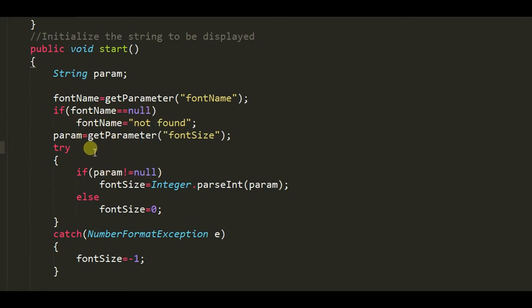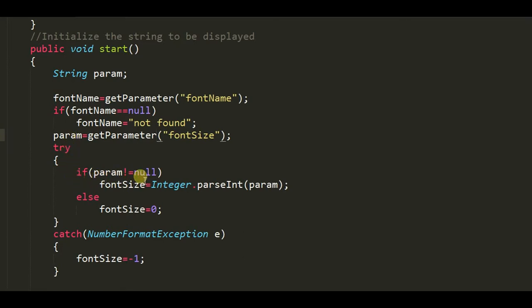Now for font size, we have initialized a string named param because the value returned by the getParameter method is in the form of a string. So param is equal to getParameter. The value we fetched from HTML code is in the form of a string.